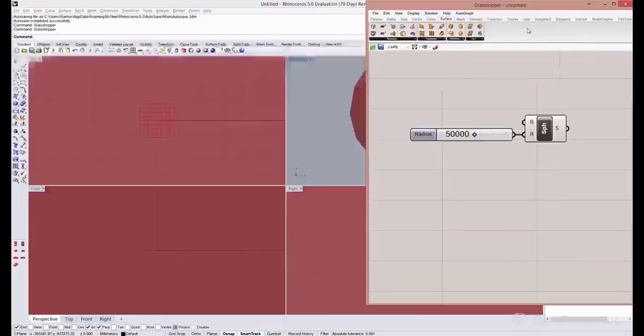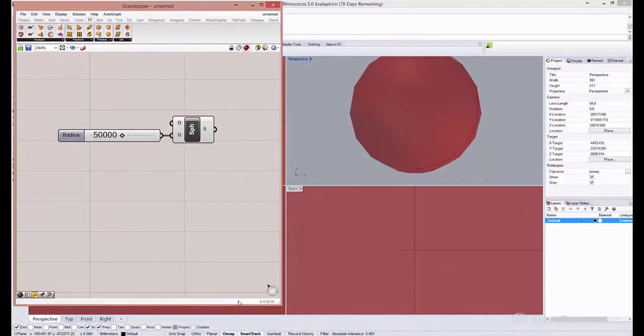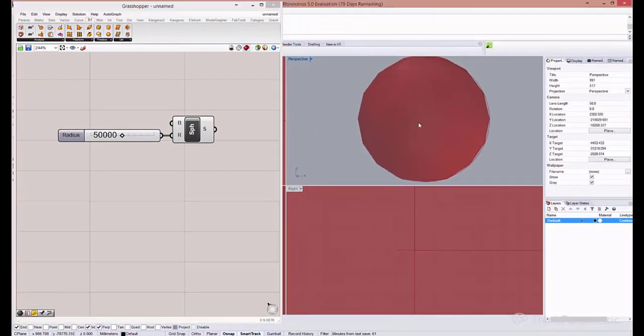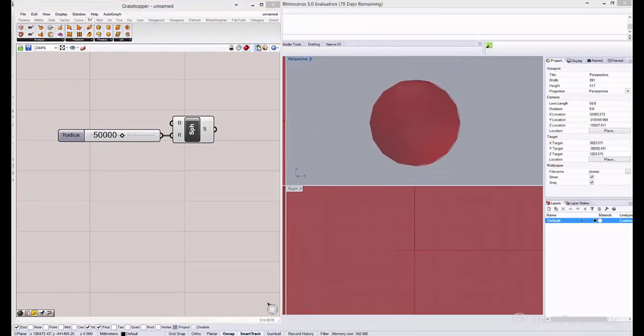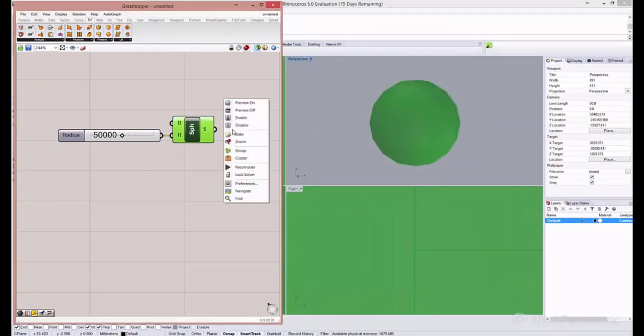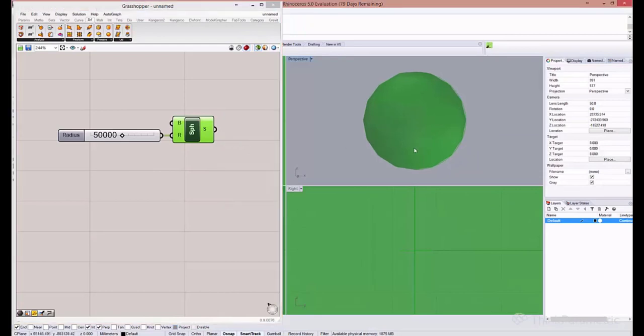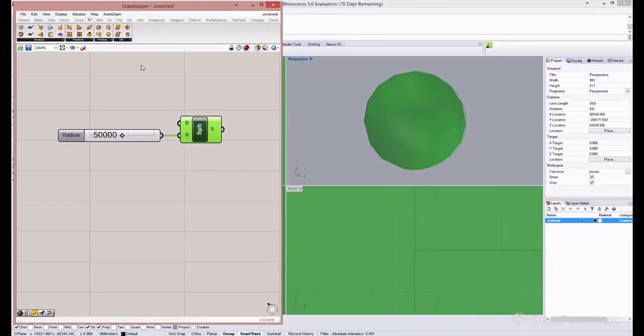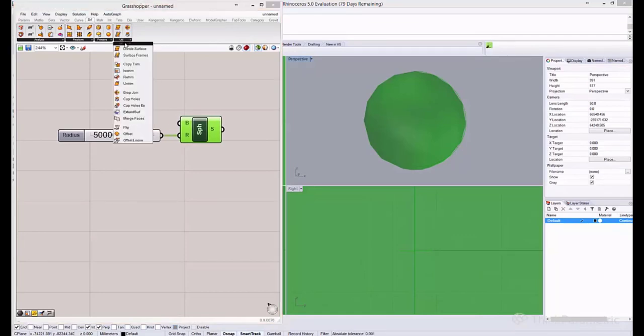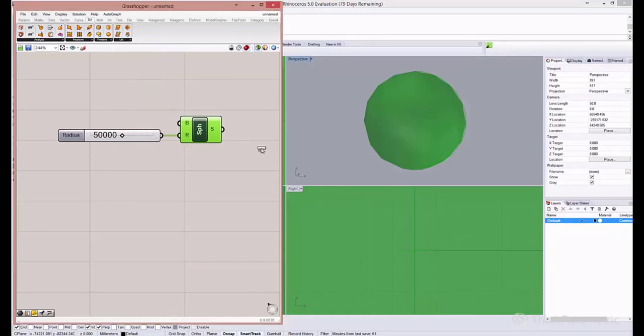Now we have our sphere. Get this out of the way. You can actually see the sphere in our viewport. Now, we don't want an entire sphere, we just want a portion of the sphere. So go Utilities, Isotrim,